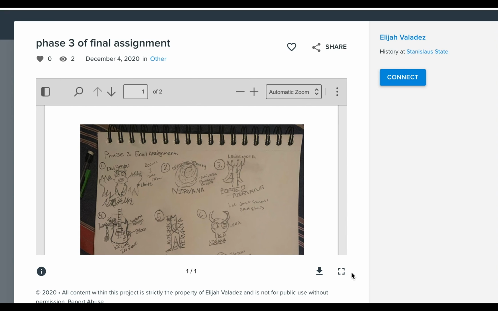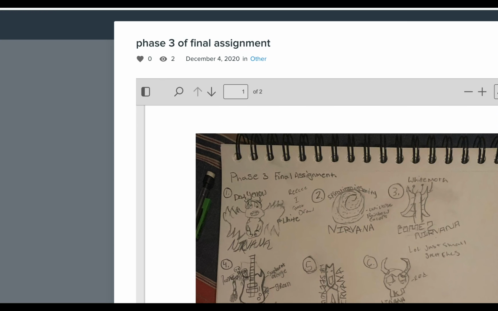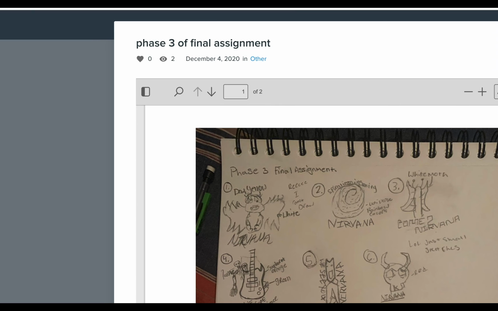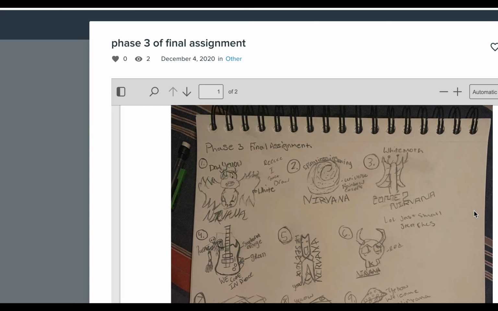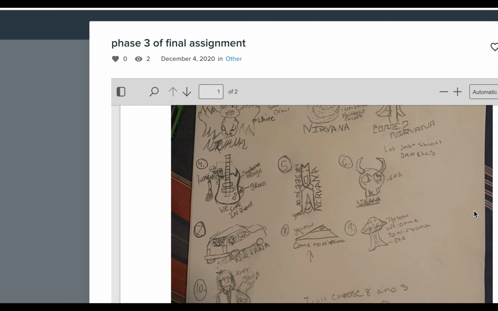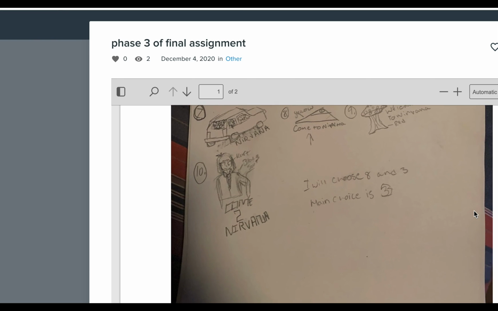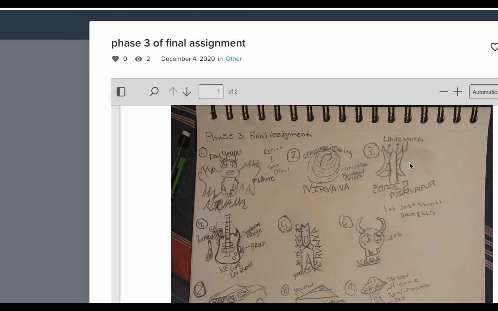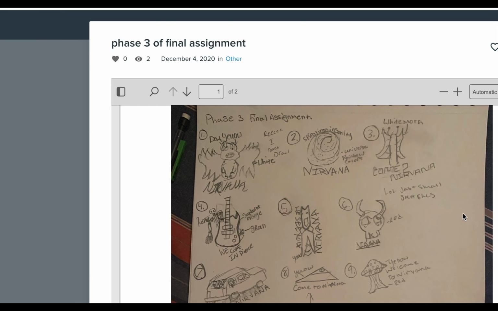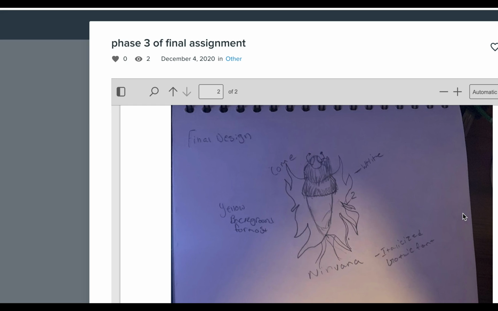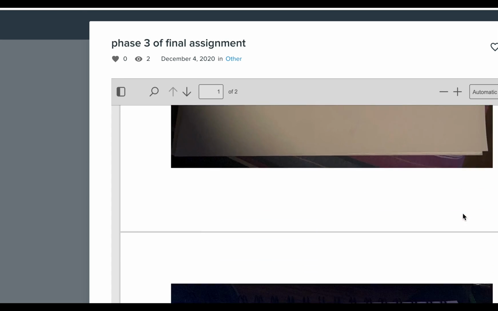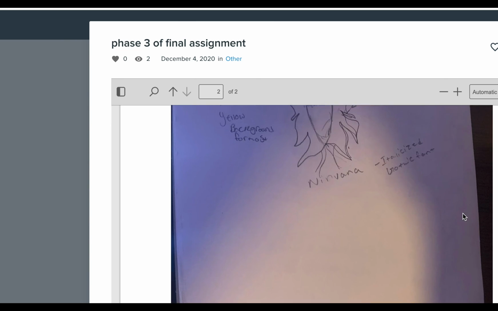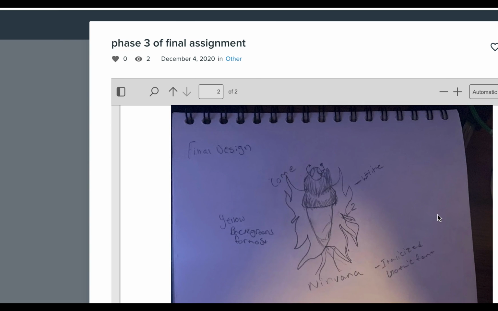Okay, so we're getting some thumbnails of, okay, like, oh, these are all the thumbnails from last assignment. Okay, all right. Main choice is 3. Oh, it's a white moth. Okay. Okay, all right. Okay, we are looking for, obviously, I think this is a good direction for the gig poster,